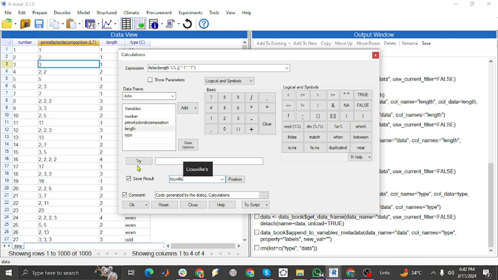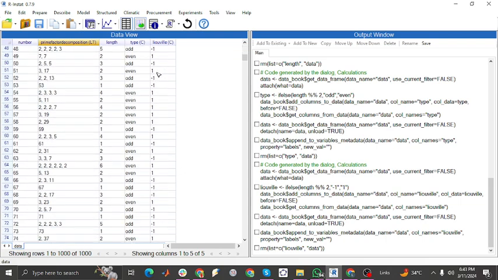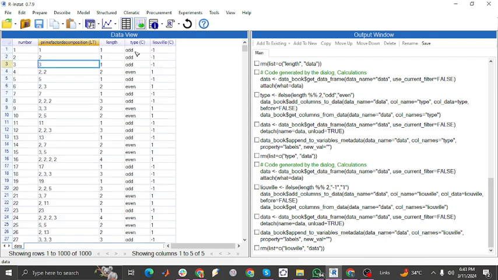Again, you can use this try button to have a preview, or let's just click on OK and see what happens. Great. This is very true. We said if that type is odd, indicate -1 or allocate -1. If it's even, allocate 1. So in real life, an odd number has a -1 Liouville function, and an even number has 1 as the Liouville function. From the conjecture,